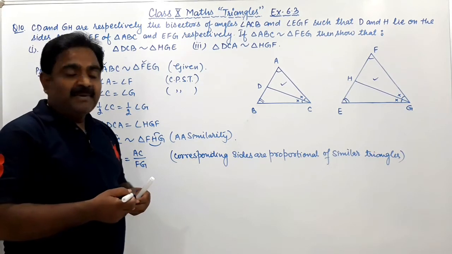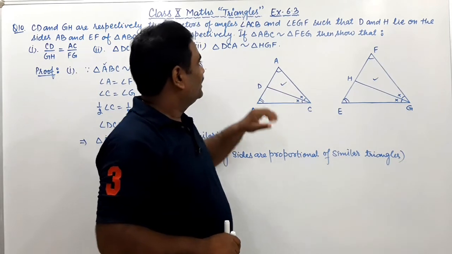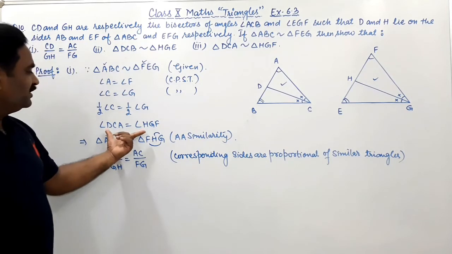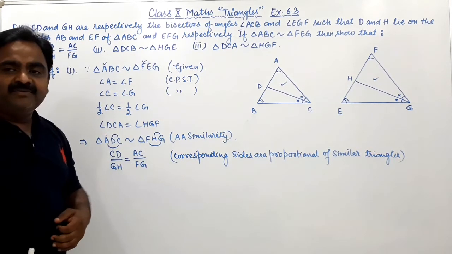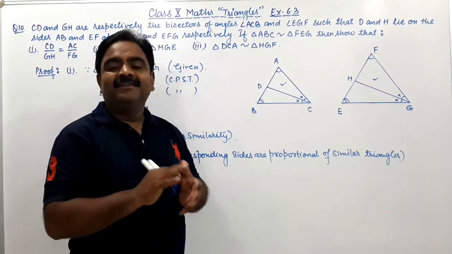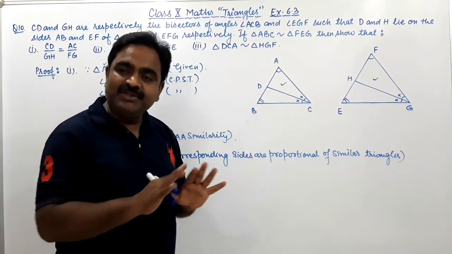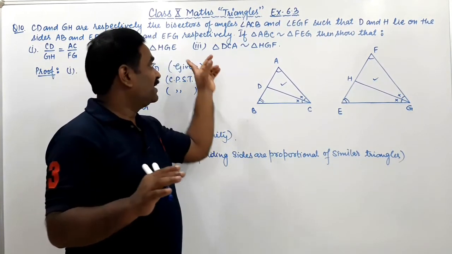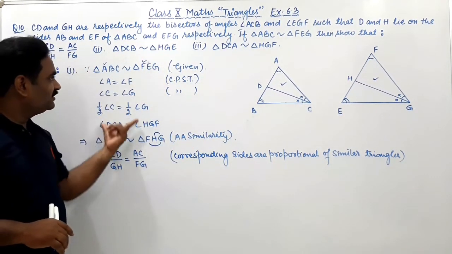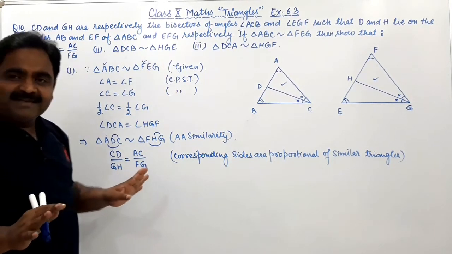Similarly, you can prove it with the same method you have to apply to prove this second. अब आते हैं थर्ड पार्ट पे. Third is what? DCA is similar to HGF. ये तो अभी प्रूव किया हमने. DCA is similar to HGF. ये तो ऑलरेडी हमने अभी प्रूव भी किया by angle similarity. Are you getting? बात समझ में आ गई? So अभी इस क्वेश्चन को इजीली सॉल्व कर लेंगे. दोनों पार्ट्स को आप सॉल्व करके दिखाइएगा. इस थर्ड पार्ट में तो आप ये यहाँ से दिखाइएगा. From here it is. Got it? सॉल्व कर लेंगे सेकेंड एंड थर्ड पार्ट.